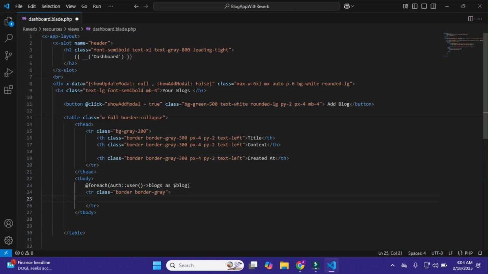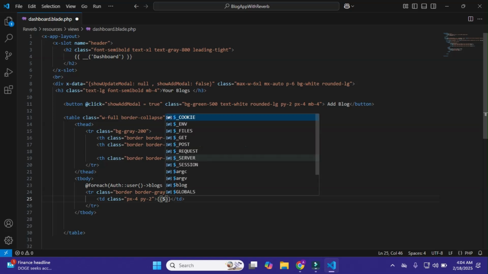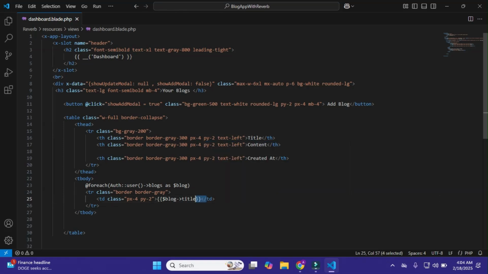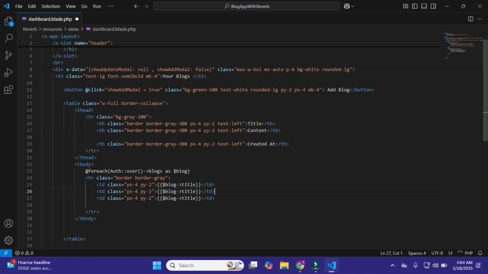Okay, and within it td, I'll give it class px-4 and py-2, just this. Okay, and within it I'll use this $block title. Okay, just this.